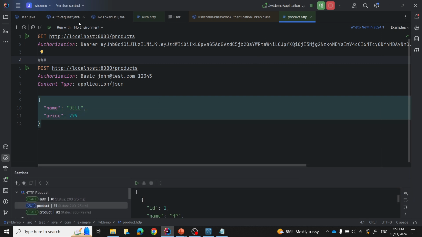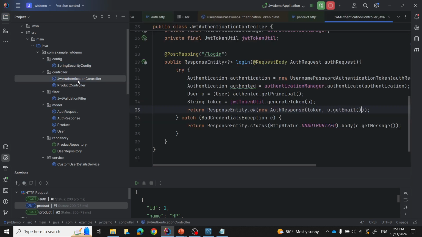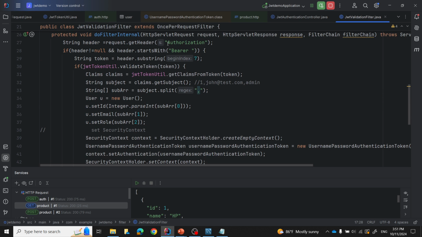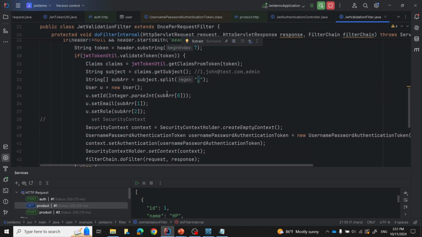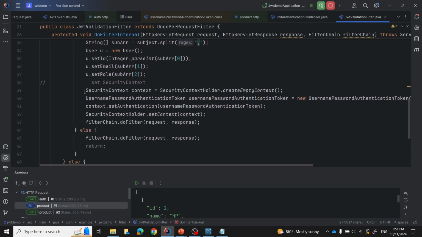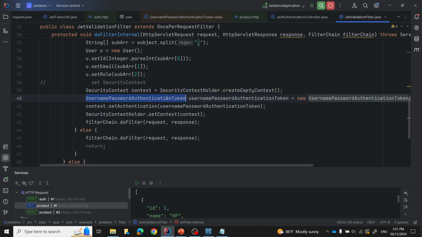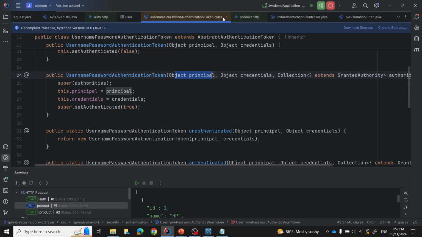Basically, we write our own filter. We write our own filter, and in the filter, we process the authorization bearer token. The main thing is after you do that, you have to put this authentication into your context. And the one we use is the username password authentication token. We put it in the context, and then eventually it is held by the context holder. And when the filter chain goes to the next available one, like the authorization filter, in our configuration,